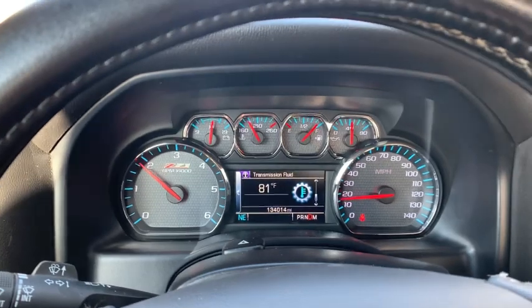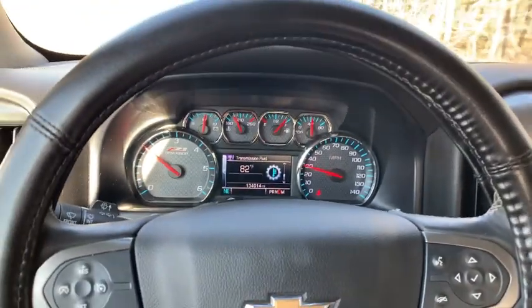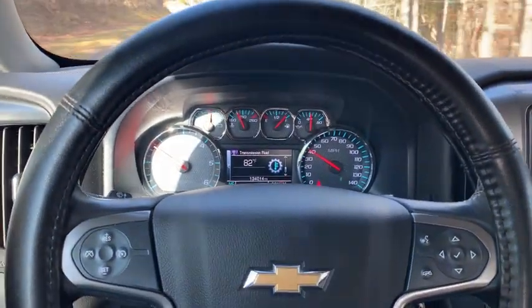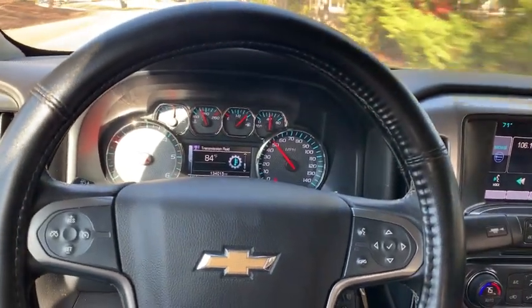So we're taking it for a drive. You can see there transmission temp's 82. And it's shifting good. It was shifting fine before, shifting fine now. Of course, I did the pan drop just to change the filter out, but what I'll do, I have a pump. I can run a hose down in the dipstick tube and pump out what's in the pan